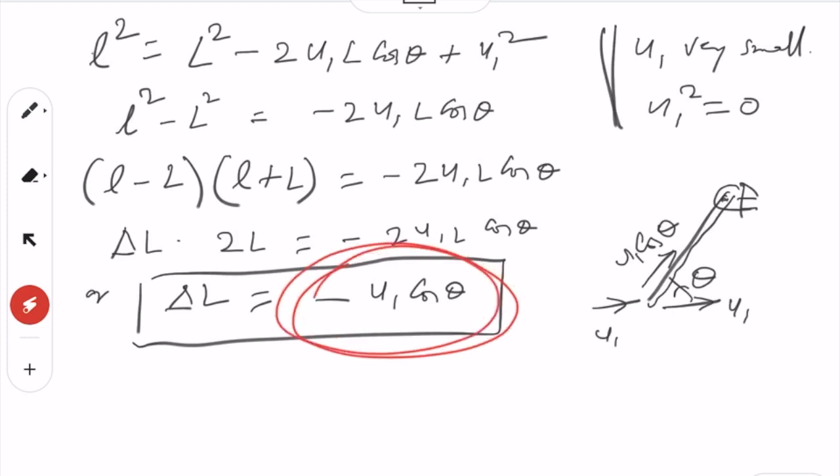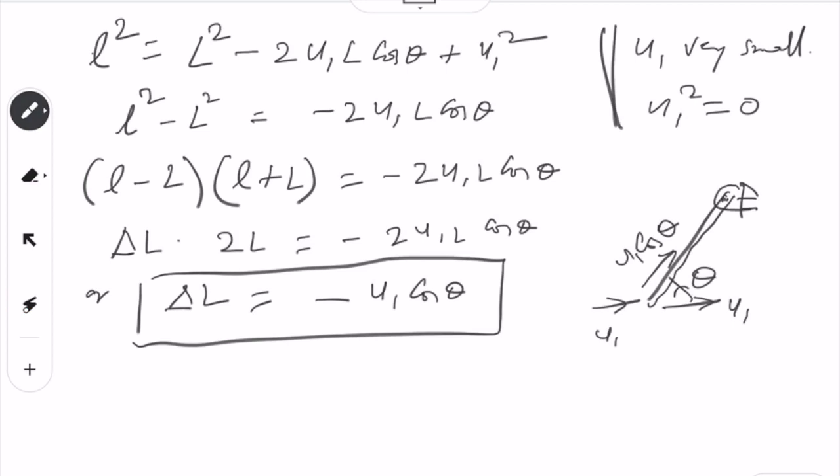I dropped this so that you have no confusion, but simply if you are going in this direction u1, then the component in this direction will be u1 cos theta, and this will be the change in length of this bar, and this will produce the force. So if you are moving u1 in this direction, you are also moving u1 cos theta in the bar direction, and hence the force in this direction